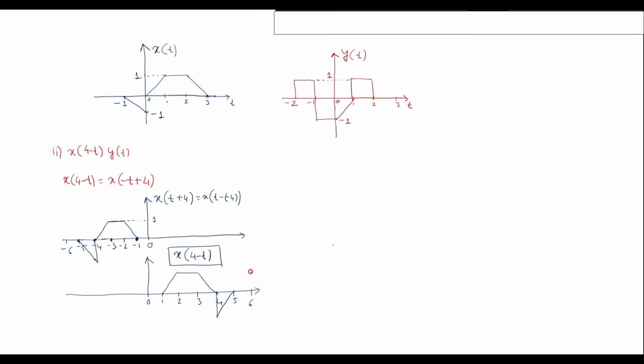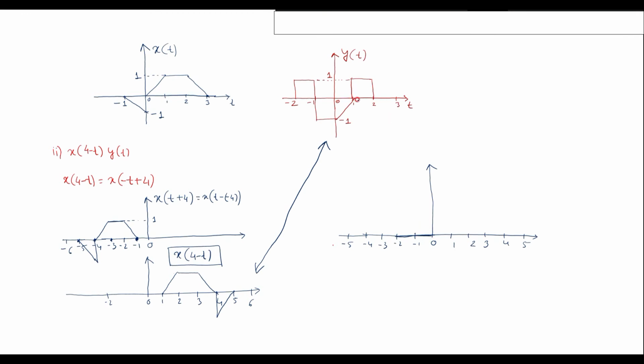So now we'll multiply this signal and this signal. Will perform the multiplication operation, so that here I can write the resultant signal. And observe that from minus 2 to 0 there is a signal, and here from minus 2 to 0 there is no signal. So it is 0. 0 multiplied with this signal will be 0. That is from minus 2 to 1. Here it is 0. This signal is 0.